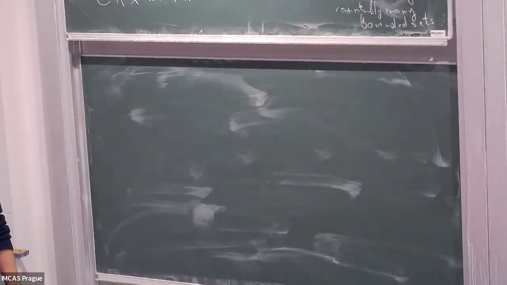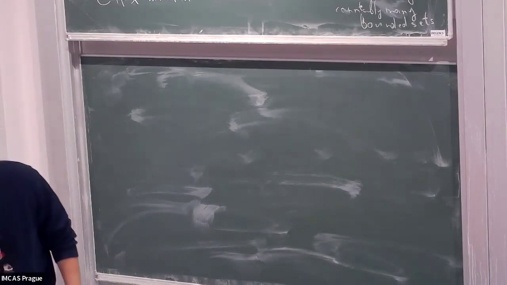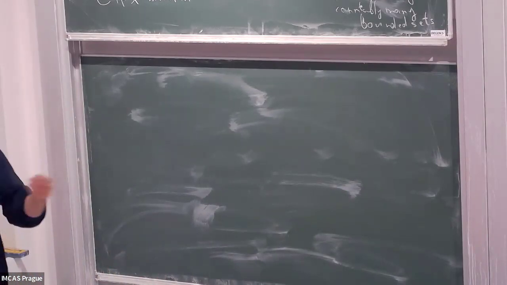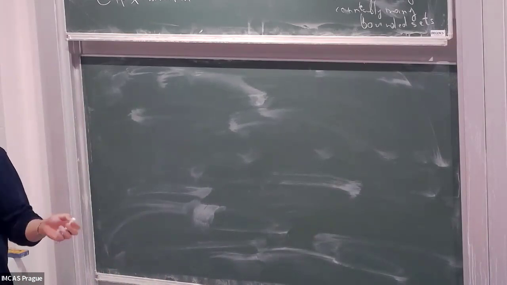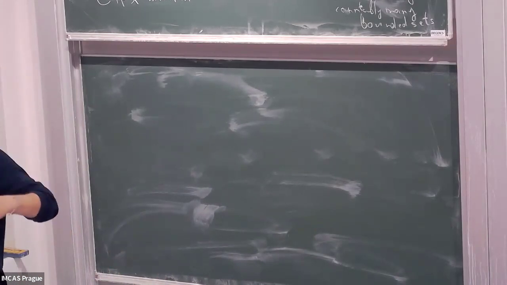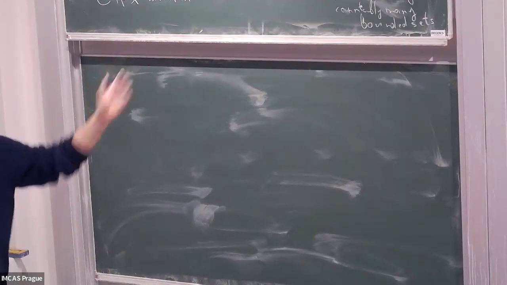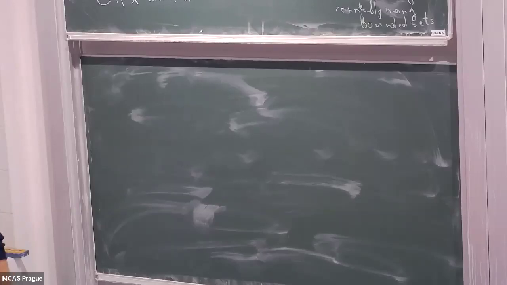Bounded sets in the metric space. Like this countable property, I think it makes sense. Yes, there it's always satisfied because in a metric space the distance between two points is always finite. So if you take just the ball of radius i around your starting point, you will get the whole space.